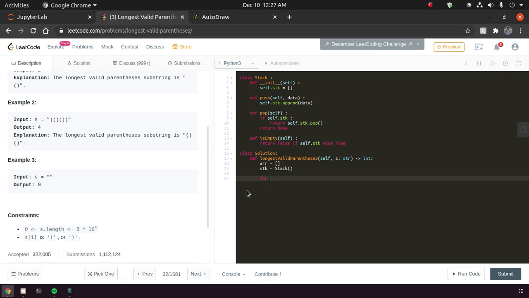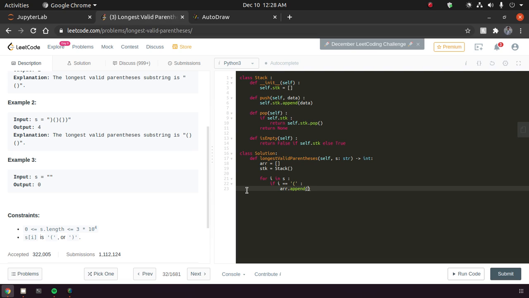Now we are going to iterate through the given string s and see if i is equal to a closing bracket. This autocompletes an answer. Then we are going to